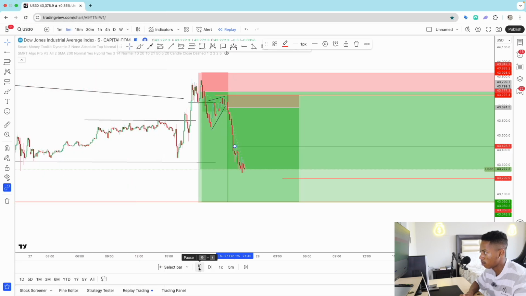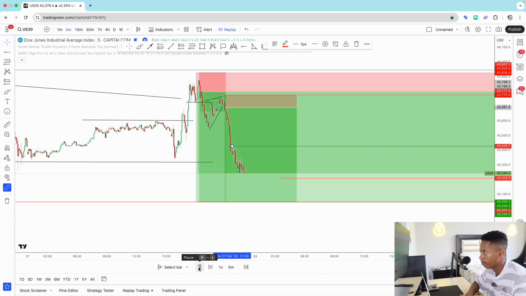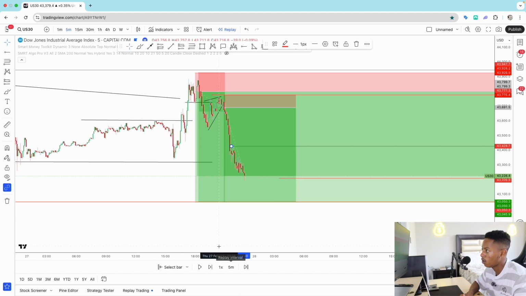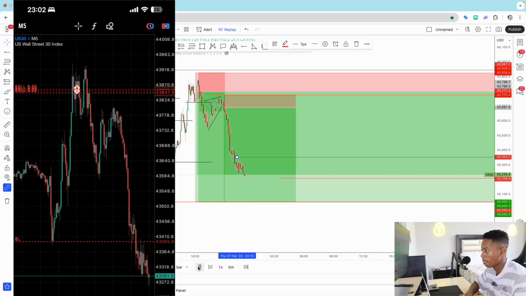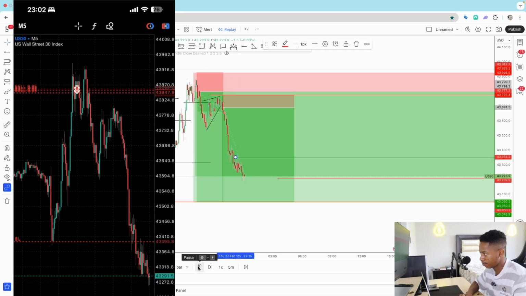I think it broke below, yeah. So after I'd done this, I put my stop loss again, because look at this, I saw this lower low, lower high, I saw this lower low here, lower high, then I saw this lower low somewhere here. I believe here is when we took our stop loss, adjusted it to here, because now I'm trying to lock in maximum profits. And then price done this,